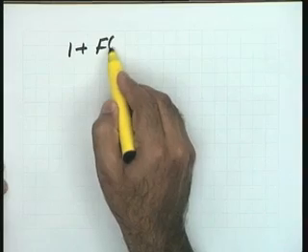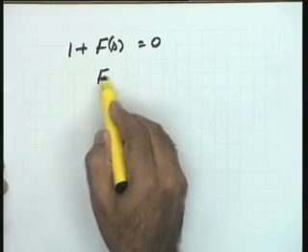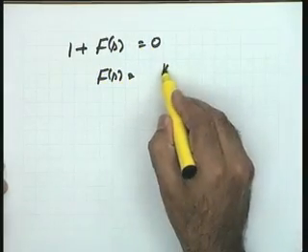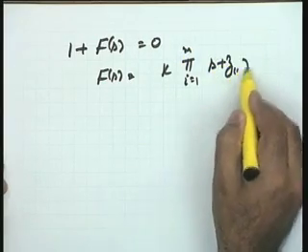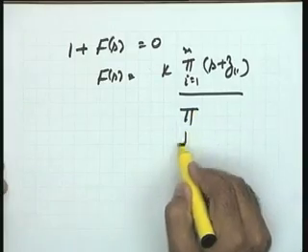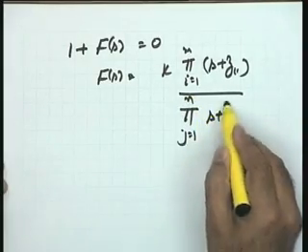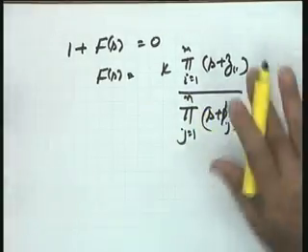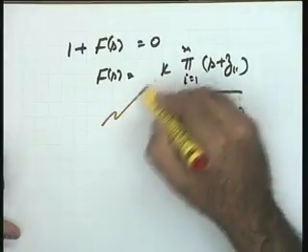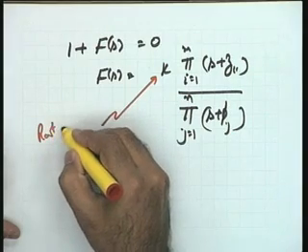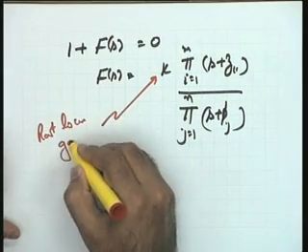characteristic equation are to be viewed as a parameter is varied from 0 to infinity, could be represented this way: 1 plus F(s) equal to 0, where F(s) can be put in the form K times the product over i equal to 1 to m of (s plus z_i), these are the zeros, divided by the product over j equal to 1 to n of (s plus p_j). Any problem could be put in this form, and let me say that this K is nothing but the root locus gain. I will call it the root locus gain.